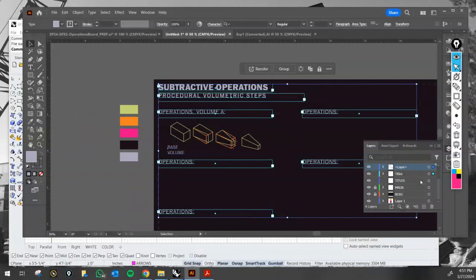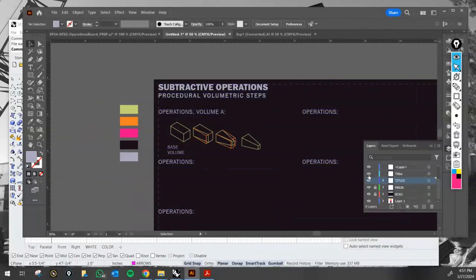So that's why I have these extra layers right here. But if you select the objects and then you see this little square right here, actually dump it on the actual layer. That's how you change an object's layer. And actually now I don't have anything here, so I will go ahead and delete that and delete this right here. And all of my titles are now on the right layer,